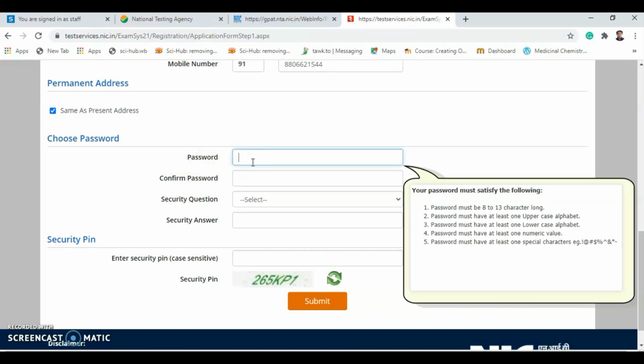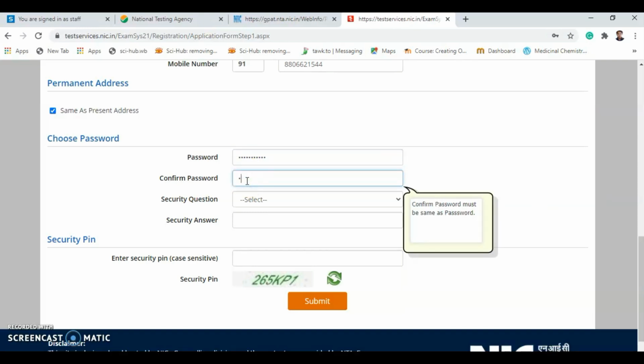In the password, the first alphabet should be capital. Like I'm putting the example Harun: H of Harun is capital H A R U N at 1 2 3 4 5. They said that the password must be 8 to 15 characters, so accordingly you can choose your own password.